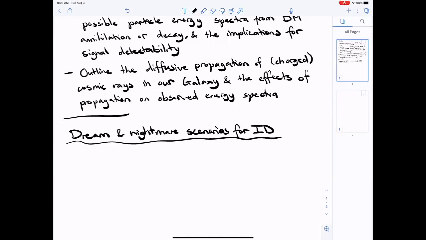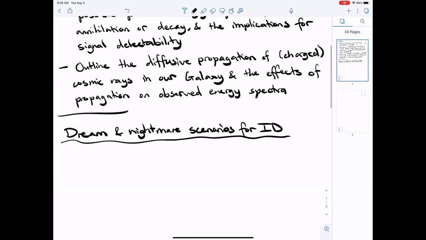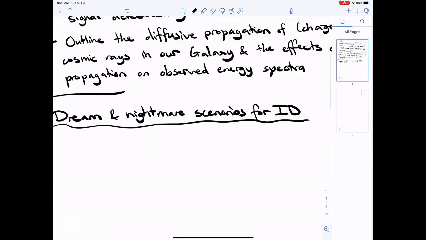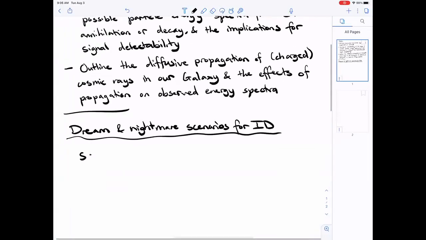So I'm going to focus here mostly again on cases where there is some kind of thermal freeze out in the early universe, just because this is a convenient benchmark. But these basic principles of which models make it really hard to see an indirect detection signal and which models do not are going to be more general. So let's first talk about the case where annihilation is suppressed at late times.